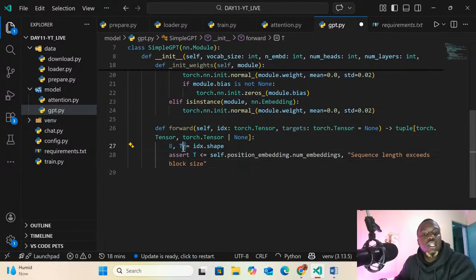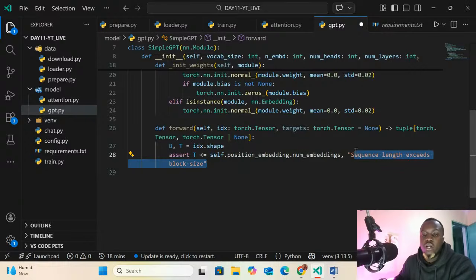So we can use the t that we just assigned right here. It's less than or equal to the number of embeddings position. Then we can just say sequence length exceeded, sequence length exceeds block size.